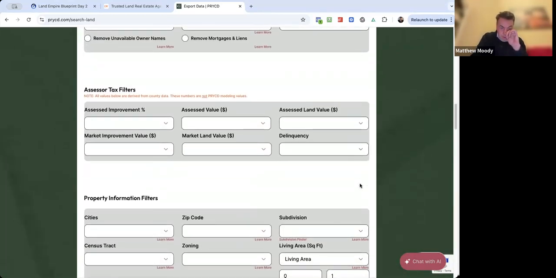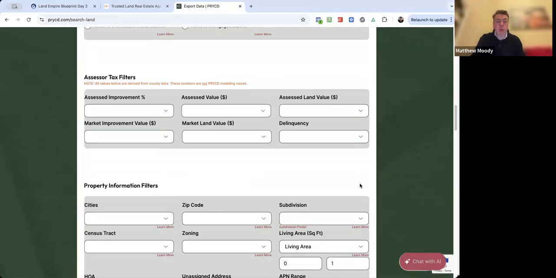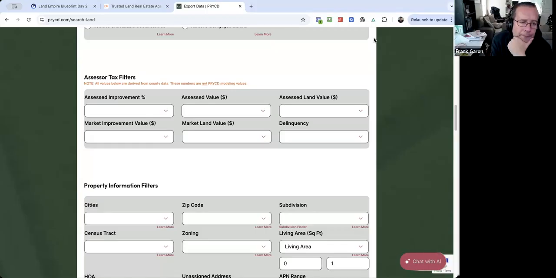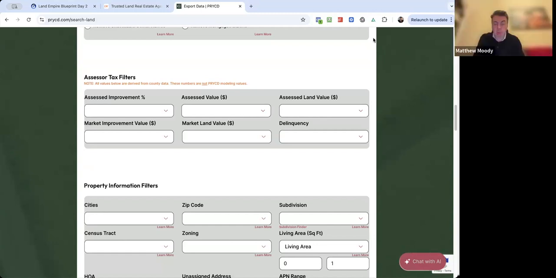We move down to the next level, and we've got assessor tax filters. And effectively, this is where you can use the assessor values to look at who you want to market to, what the assessed values of the land are, and if you want to use the estimates of what the land is worth. We find generally these are pretty much pointless, so we don't use them. However, one thing that I would say could be useful and is a growing area, and we are starting